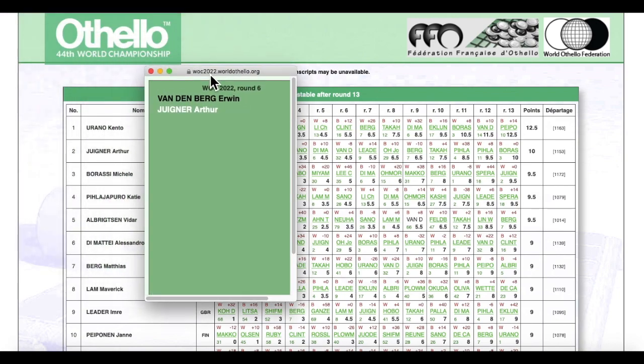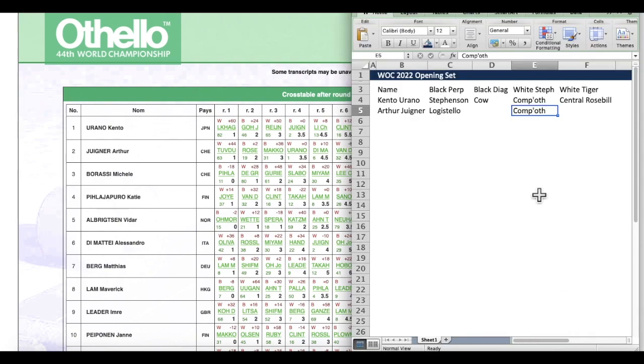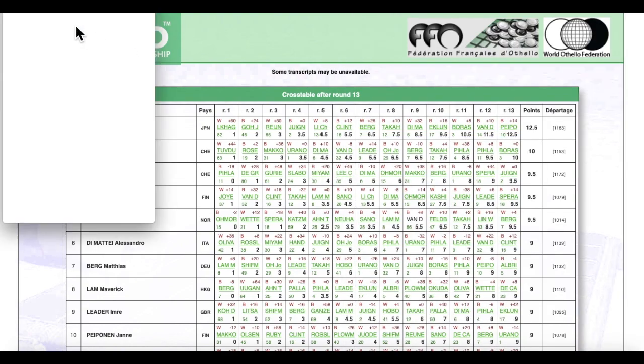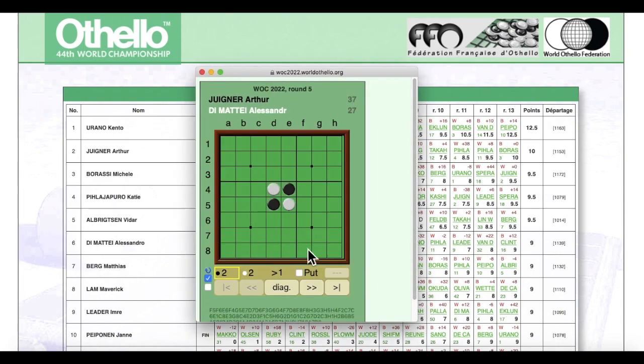We're probably looking more for him against Tiger, just to see what kind of opening, and also black against Diagonal. So maybe black against Dimate. If I'm not wrong, Dimate plays white Diagonal. So let's see. So over here, Arthur plays